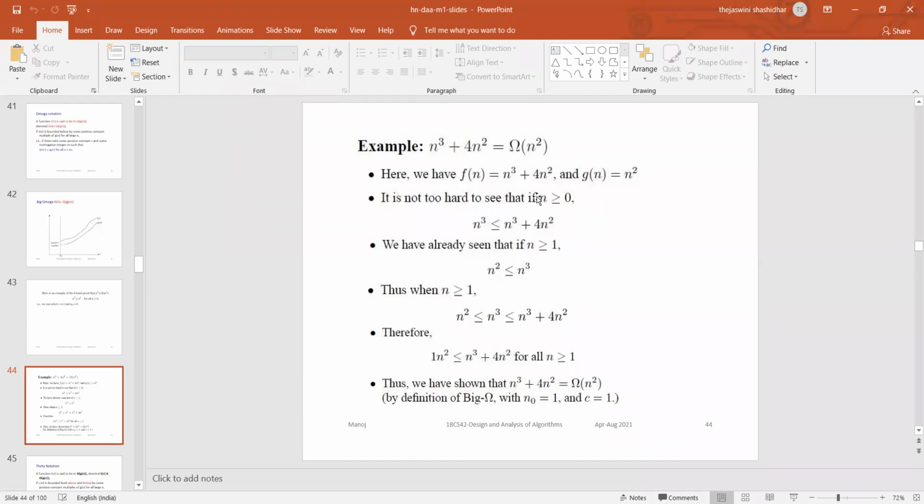If you put n equal to 0, what are you getting here? You are representing it as lesser. So n cube plus 4n square, you write the entire part that you have here. n cube is less than that. You can take anything here, either n square or n cube. Just take the part which should be lesser. You are having n cube here.